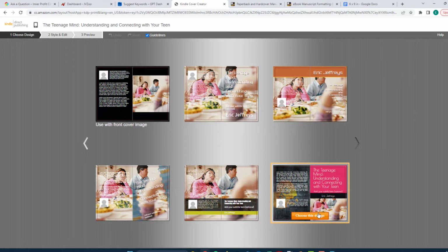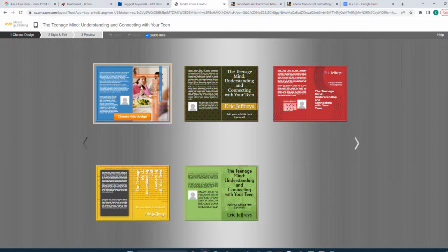Let's see, this one here is the most similar to the one that I already had. Although her head gets slightly chopped on this. I'm not sure how easy it is to reformat that. That could be an issue. Maybe I don't want to have to worry about having to reformat the image. Whereas this one does have,